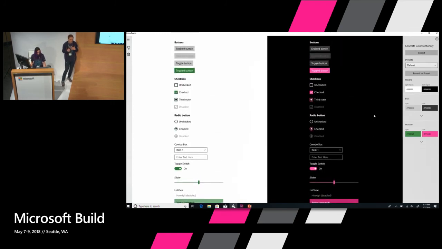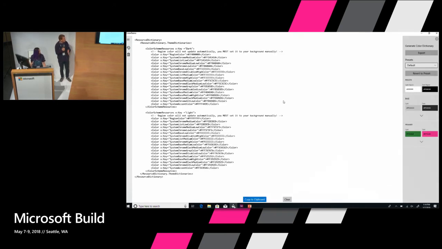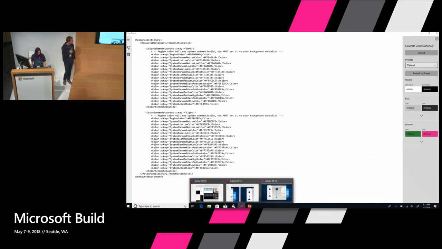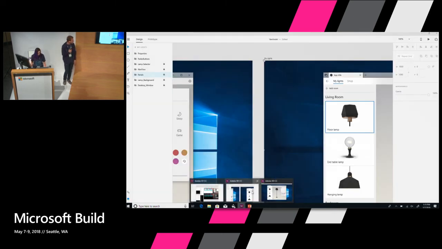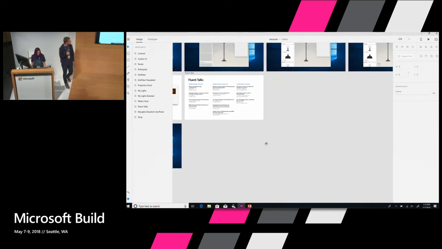And we do all the hard work to make sure that we know when to flip the text from black to white so that the UI is always legible. The best part of it is at the end, you can press the export button. This is where the designer to developer workflow is really useful. You have all of this XAML that you can just copy and paste into your project and update all the colors. So you don't have to go through one by one and check the effect of that. It helps that handoff be a lot more seamless, and so nothing gets lost in translation